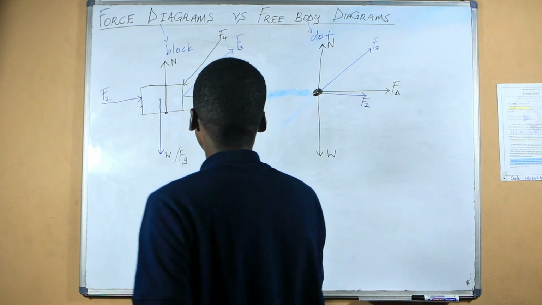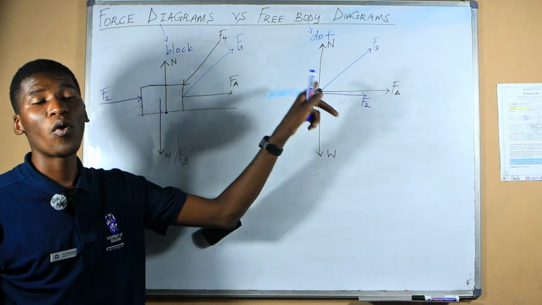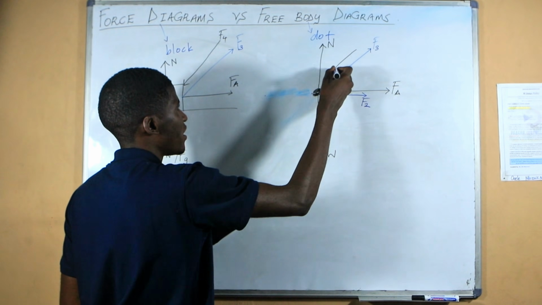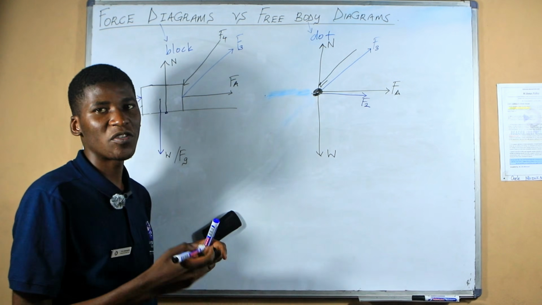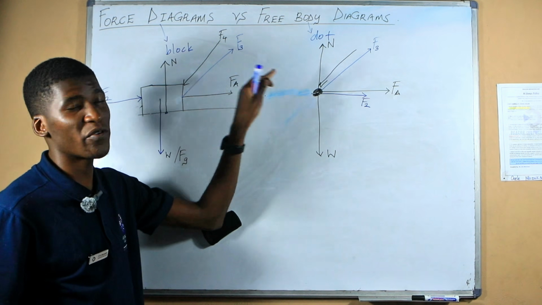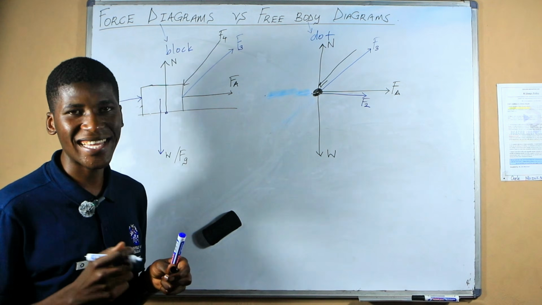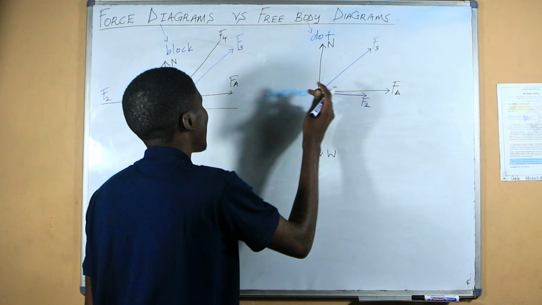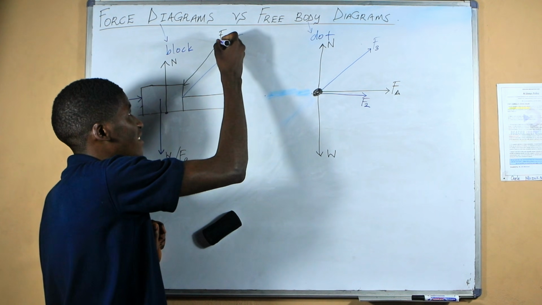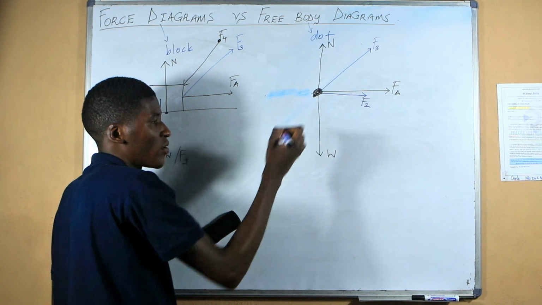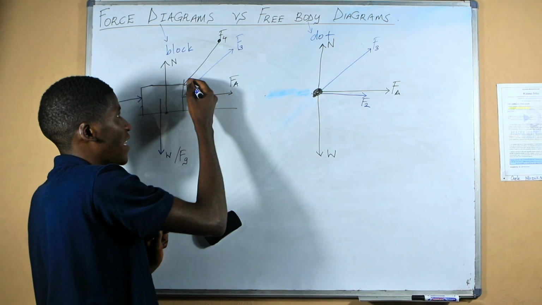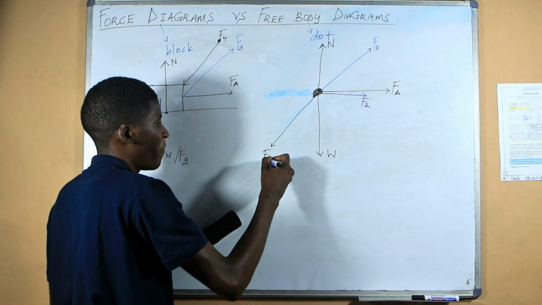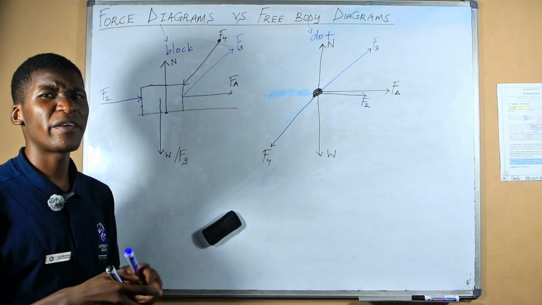Since it's a pushing force and I want to represent it on the free body diagram, I'm not going to do something like this. This would be incorrect, because this arrow must never be on the dot. On the dot, we must always have the tail. So here, I'm just going to write this one out, and I'm going to say that this force, which is F4, has its tail exactly at the dot. And then it must go in the original direction. In this case, it's going that direction, so it's going there. So this is my force, which is F4. So there's a difference between the force diagram and the free body diagram.